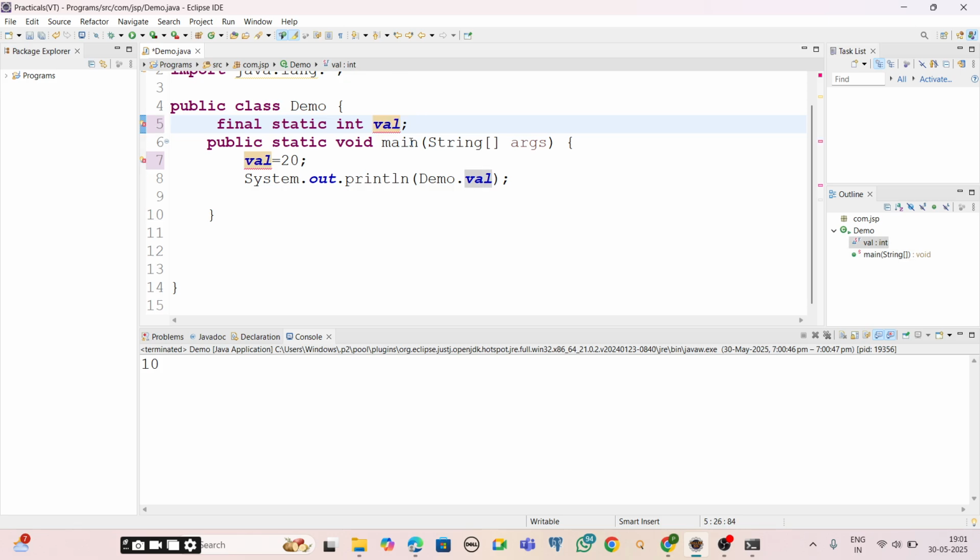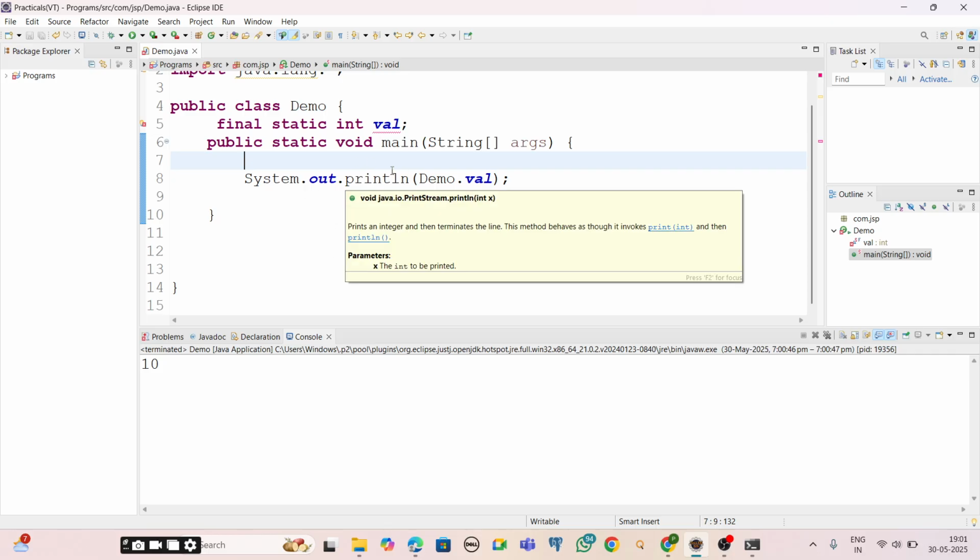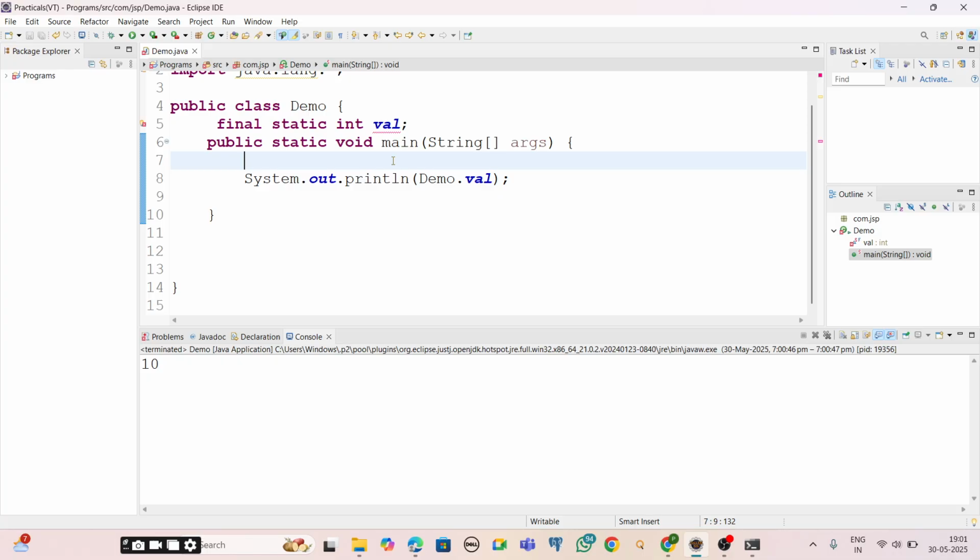One more thing: I said member variables will have default initialization, right? Let me check. Now I have not initialized anything. I am deleting this also. If you observe here, I am getting an error. But in the earlier case, I said member variables can be initialized by the default constructor. The default values will be initialized by the default constructor, right? If I remove this final keyword, it is not showing an error. If I try to print this, what value will I get? 0. As it is an integer, it will be initialized with the default value 0.